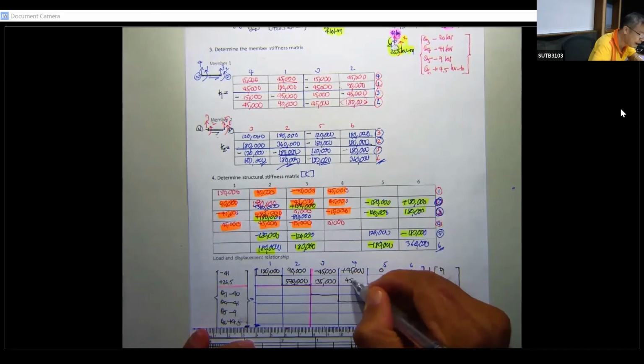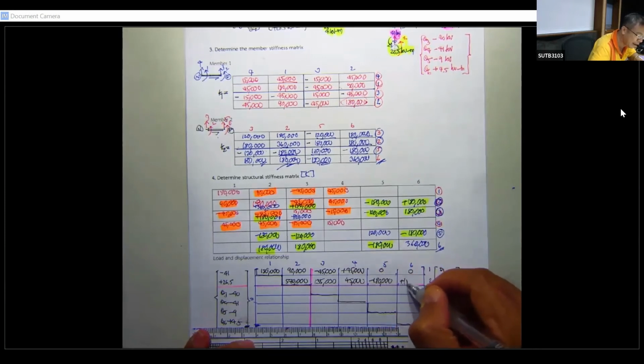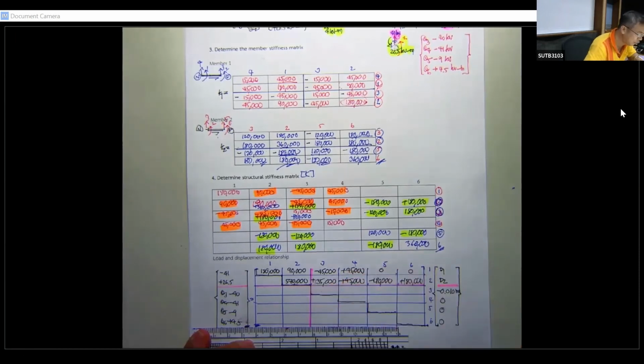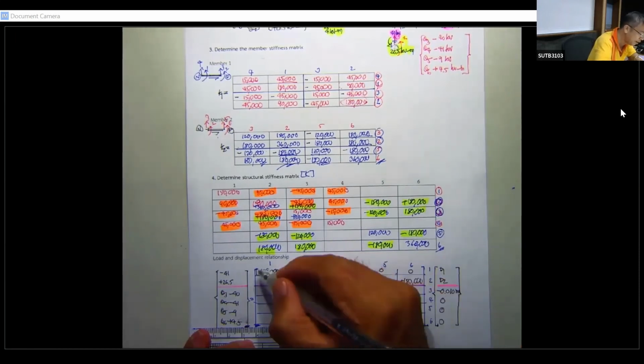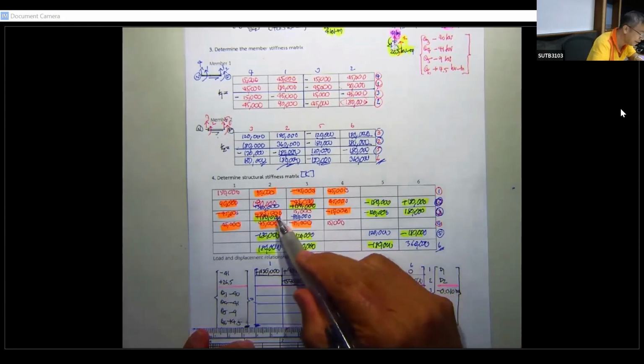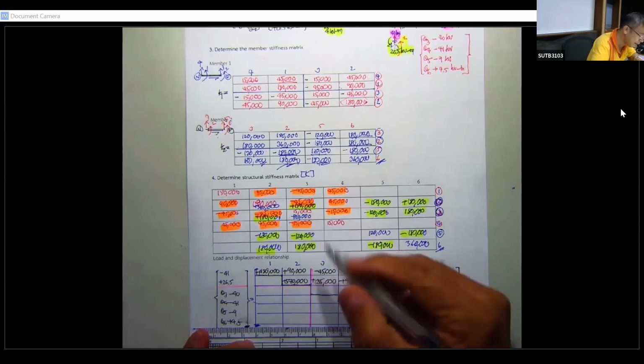That is 45,000, 180,000 plus 180,000. You may put the sign into it if you prefer to make it a little bit clearer. And this one is the same thing, okay? And this one is going to be